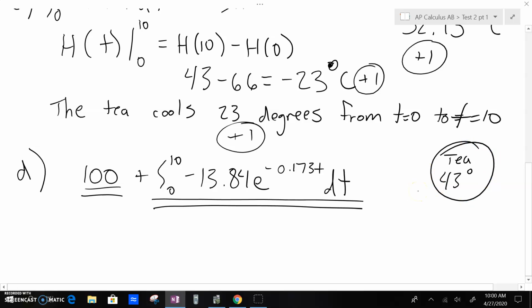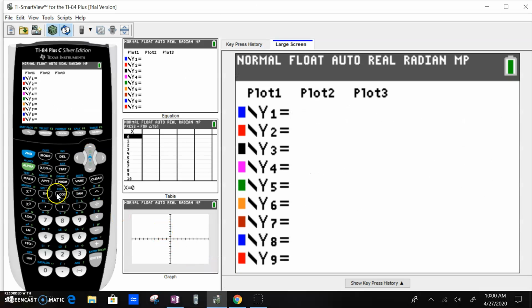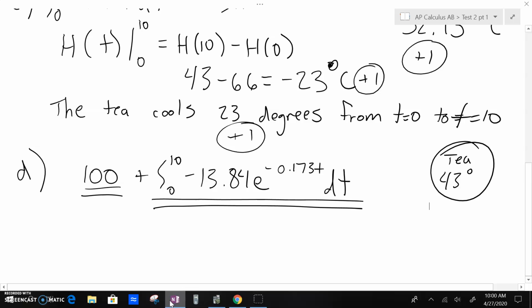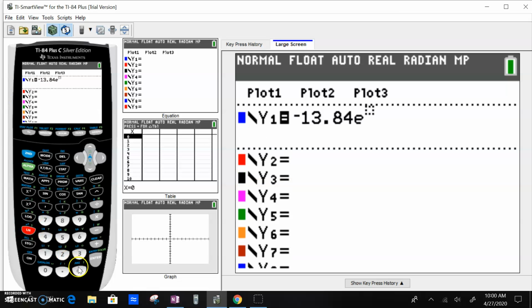Remember, 43 degrees is our T, and we're going to compare back to that. So for this one we definitely need a calculator, and again, on this year's exam you're not going to use those, but it could be a similar question, just something you would do by hand. So we integrate negative 13.84 e to the negative 0.173. I'll go to my calculator, and I'm going to enter negative 13.84, and then E, and then it's negative